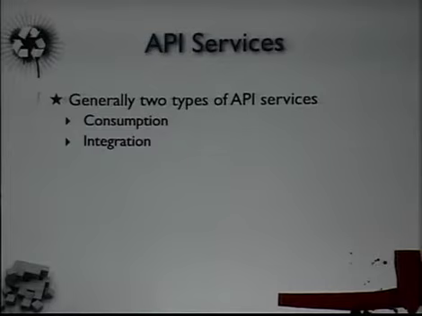So for API services, there's basically two types of APIs when we're talking about from an application level perspective. You have consumption APIs, which allow something to connect to your application and consume services. So say you had a currency conversion service that you were offering. This would be defined as a consumption service. So you can connect, you can send the appropriate data, and you get the appropriate response. So I now get my currency converted.